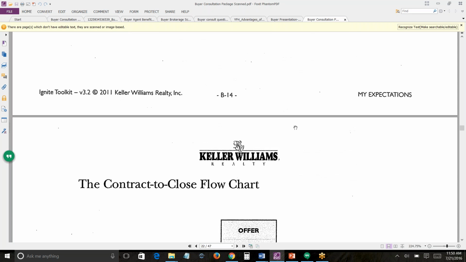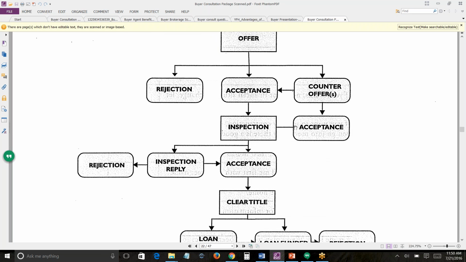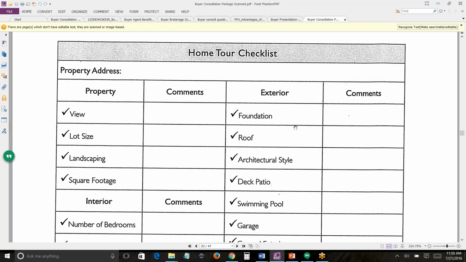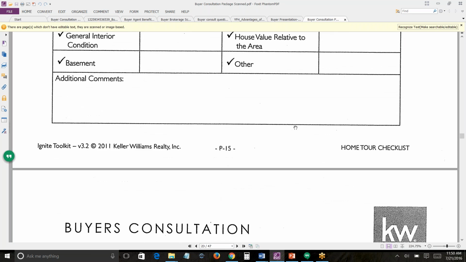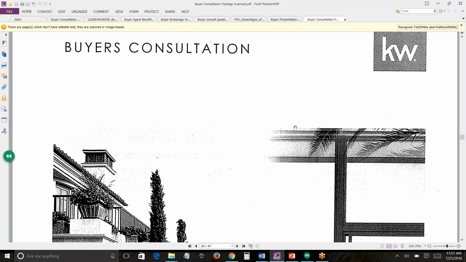All right, and then I have an easy button coming. Here's the contract to close flow chart. Nice. Which is a nice one, a home tour checklist. And then at this point where it says buyer's consultation, this is a black and white version of the Michael